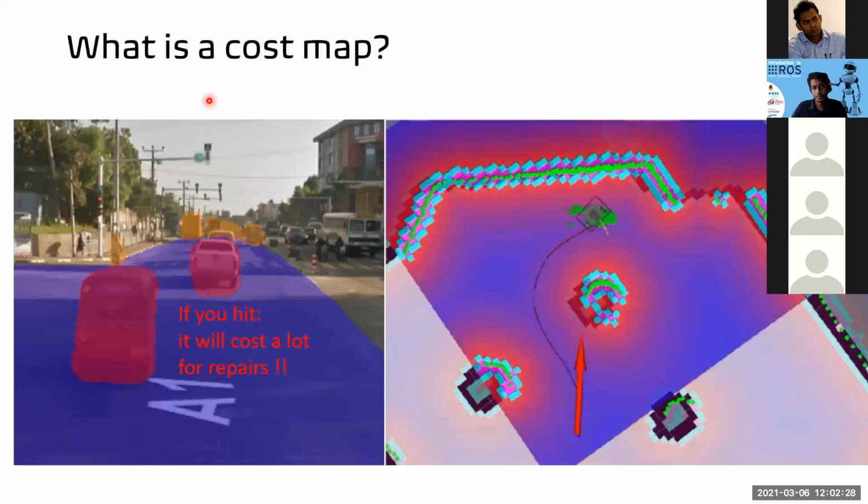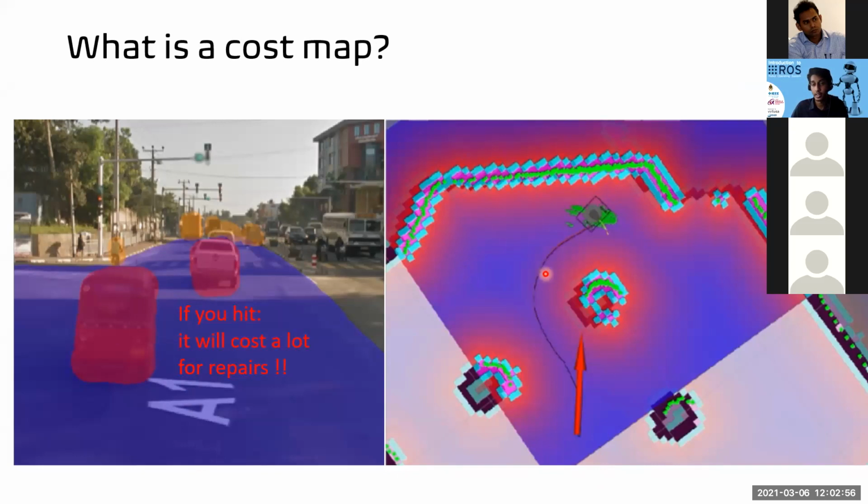Then finally, there's something called a cost map. We can explain it like this. I have shown in red the vehicles on the road. If you hit them, it will cost a lot for repairs. So that is the basic idea of a cost map. Even in the ROS environment, you can see there is a high cost near obstacles, and ROS will always take the path,